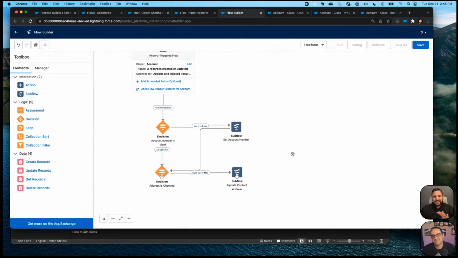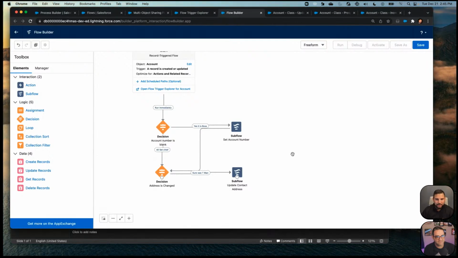So really, this approach is scalable and manageable, and it makes our jobs easier by giving us more flexibility, but we use all of the same skills and all of the same approaches that we do with Process Builder. All of that knowledge and all of the years of experience in working with it are 1,000% applicable.